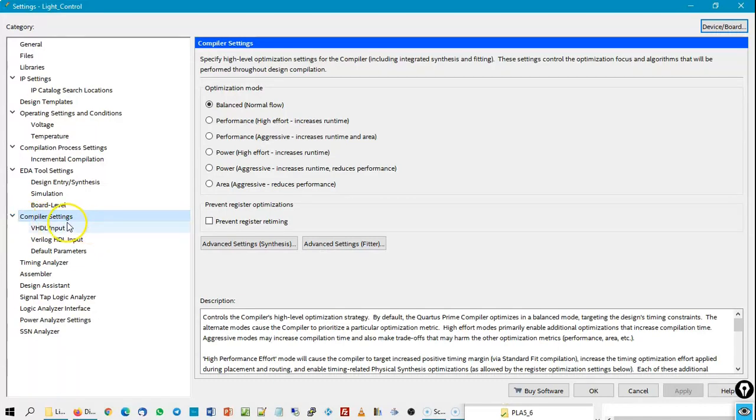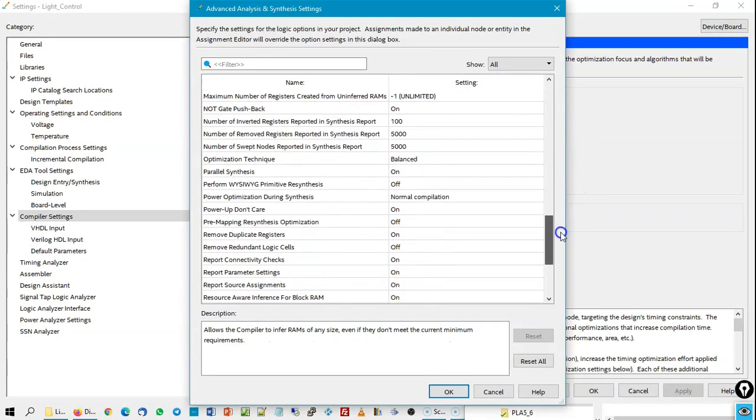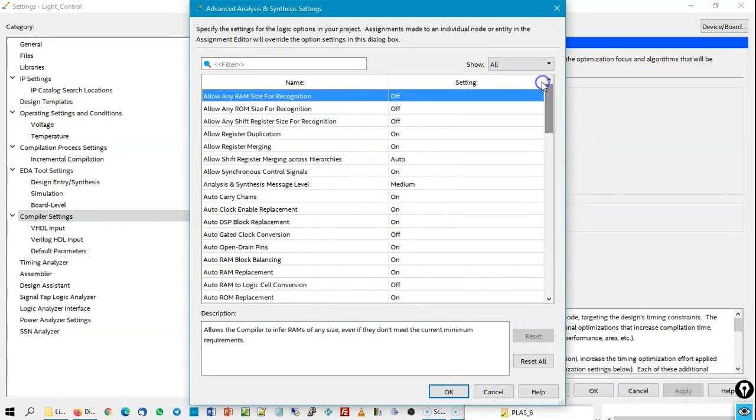You see the compiler settings, and here you have some optimization mode, that let it be like that, balanced. But here you have a long list of advanced settings for synthesizing the circuit. So if you click here, you have plenty of different kinds of options. So you can be very professional here, trying to get the circuit that you like most. But now we will pay attention only to the idea of encoding the finite state machine using binary, gray, or one hot at the previous circuit that we have synthesized, that was taken by default by